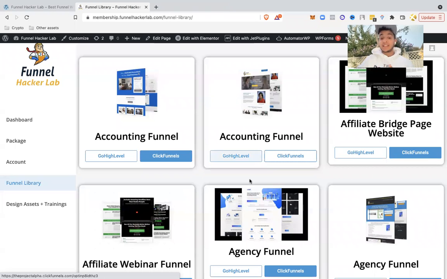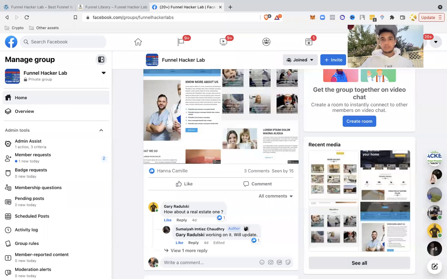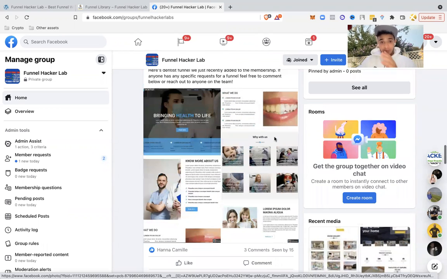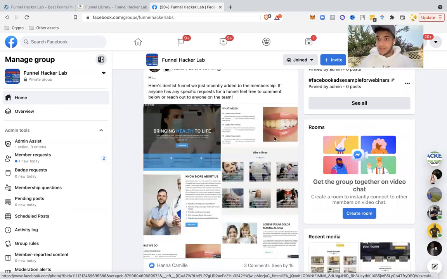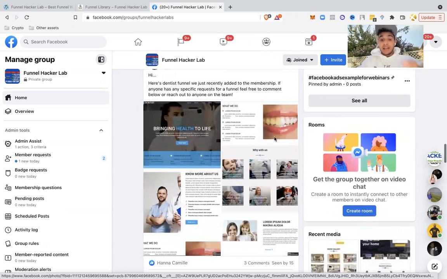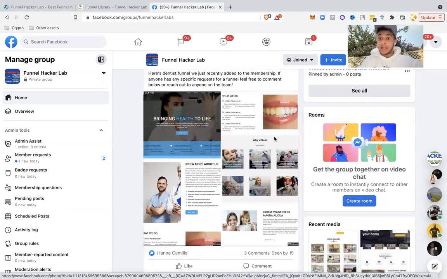Second thing is we actually have a design on demand feature. So let me show you this really quick in our Facebook group. Once you become a Funnel Hacker Lab member, you're going to get access to the Funnel Hacker Lab Facebook group. And how this works is we are constantly making new funnels, as you can tell by the massive funnel library. We made one over here, and one of our designers, Sumaya, she posted the actual funnel template on the